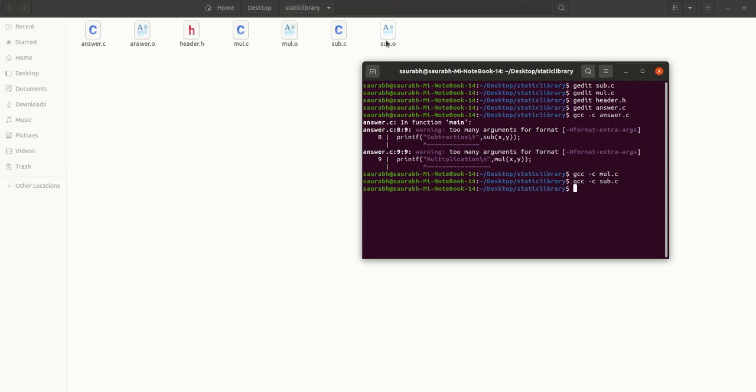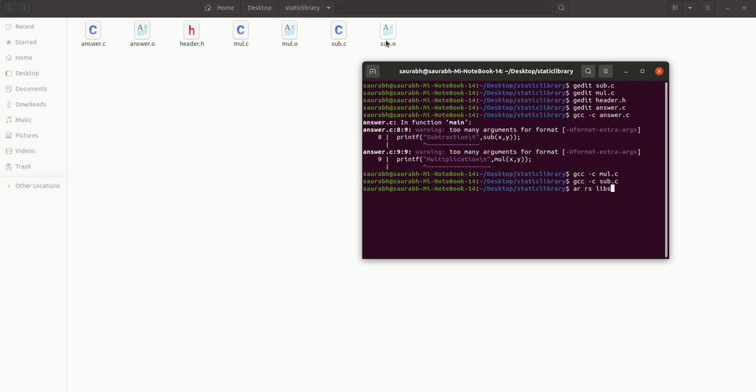Now we will create one library in archive format. For that we should remember this command: ar -rcs, then the name of the library. Since we are creating a static library, its name should start with lib, and the extension should be .a.